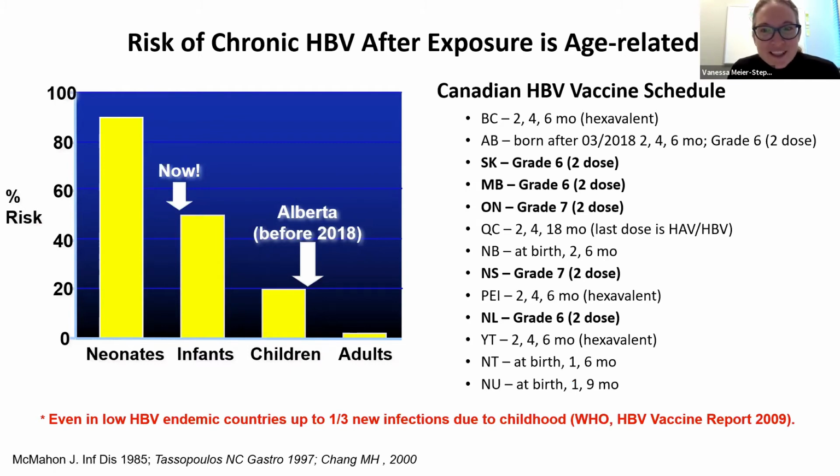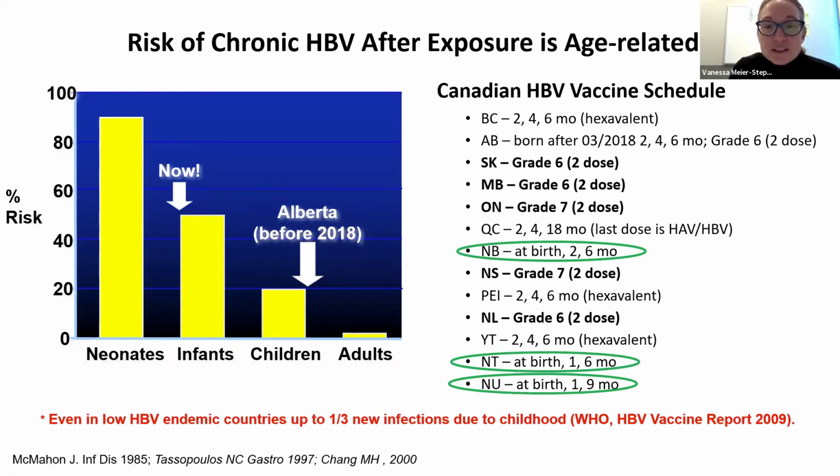So how are we doing across Canada? Well, there are still 5 provinces that are still at the grade 6 vaccination for hepatitis B. There's only 1 province and 2 territories that actually meet the WHO guidelines of birth dose vaccination. That's New Brunswick, Nunavut, and Northwest Territories. And so you may counter this argument and say, well, in Canada, our rates aren't so high as in other countries, so it's less of an issue than in other places. And you would be right. I would say, yes, it is less of an issue.